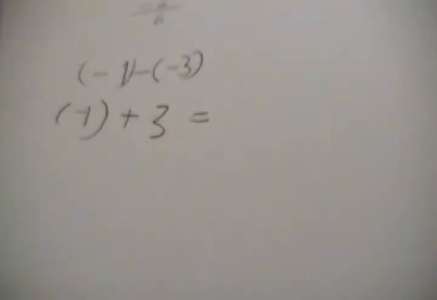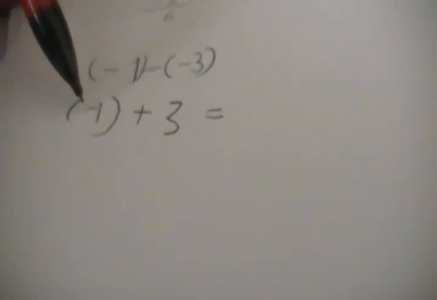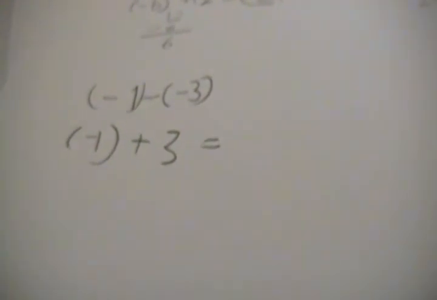So negative times negative is positive, plus 3. So now what we have here is negative 1 plus 3. Now if you remember, if we have two opposite signs like this, then what you do is you subtract, right? And then if the negative number is smaller than the positive, then the whole number becomes a positive number. So 3 minus 1 is 2. So the answer is